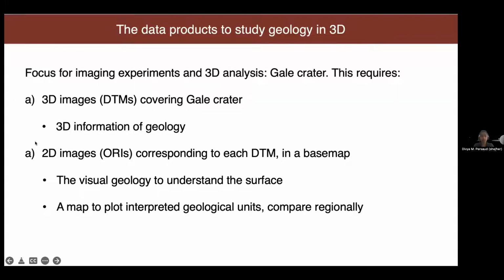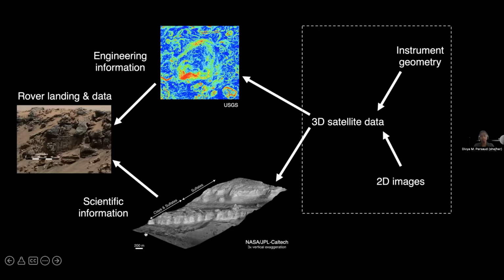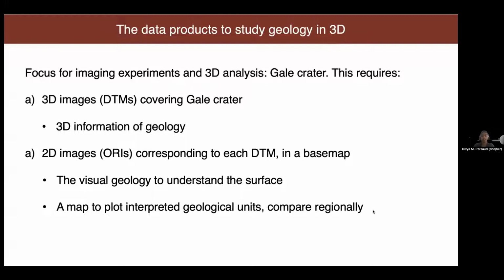And then we want also the 2D images corresponding to those 3D data. And we want that because you might have that 3D sort of shape and map, but you can't necessarily interpret it just from that. You want the 2D information. And all of that can also be used in a big 2D base map. So if we're doing any sort of science, we want to make sure that we have a nice map that we can produce that other geologists can look at. And that can be mapped with other maps as well, including ones coming from the rover.